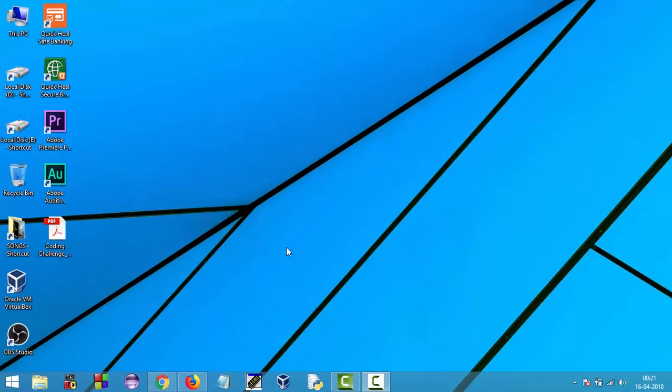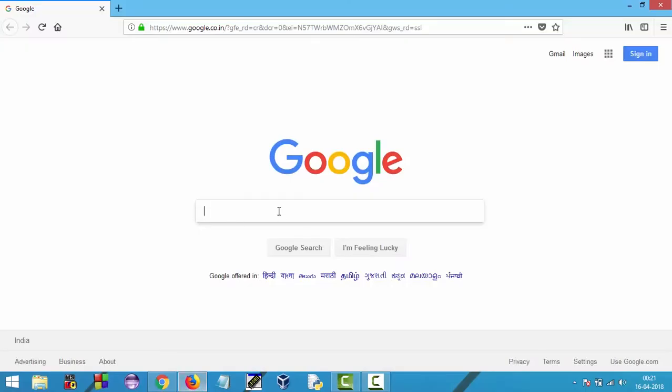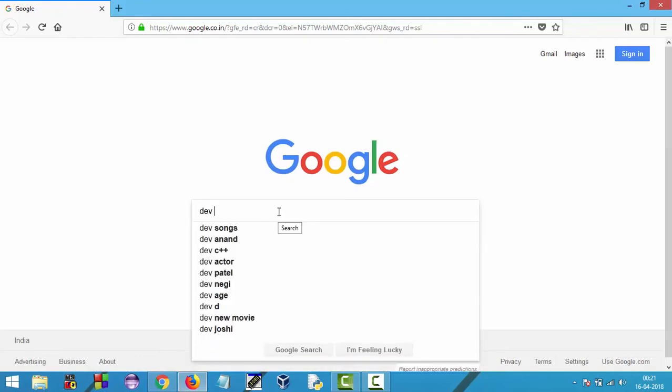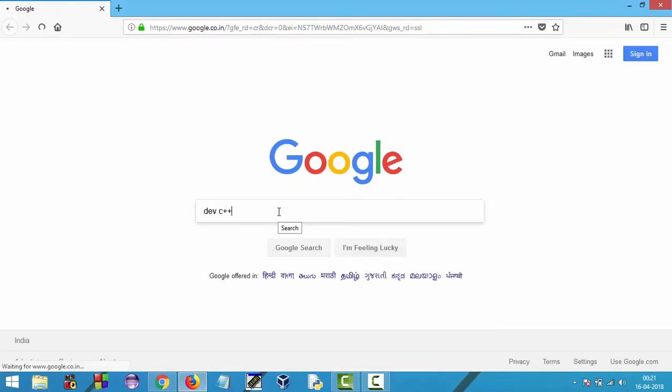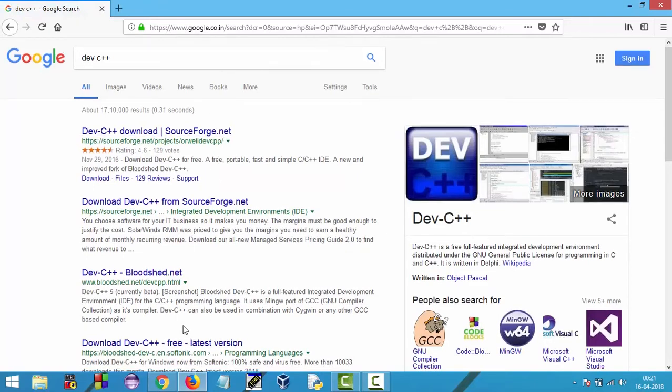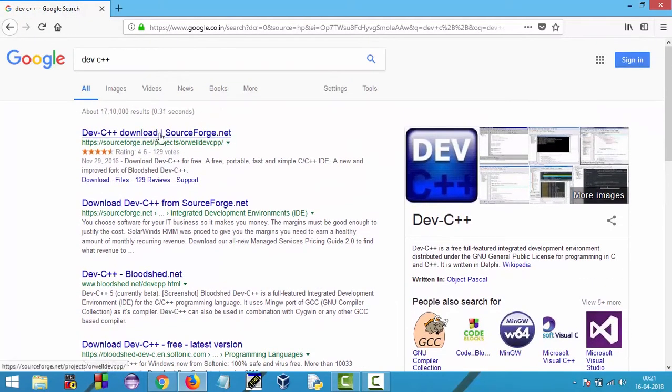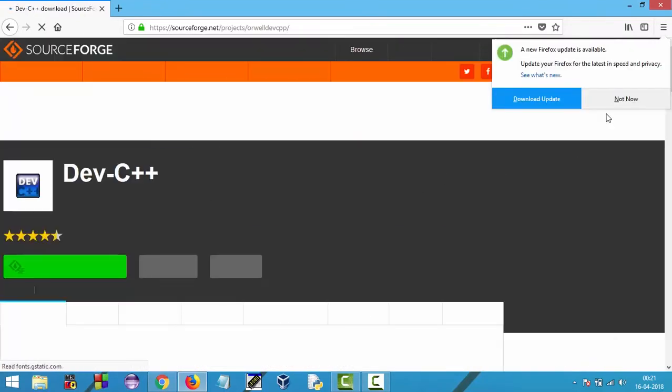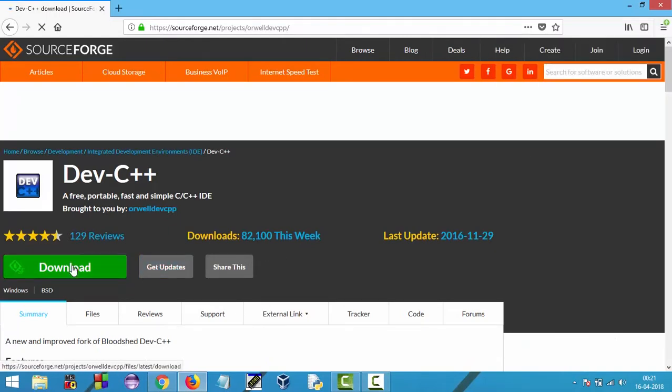To download it, just open your web browser and search for C. Then you can see there's many links to download this. I will click on the first link. You can click on any link as it is a free software, so it will not create any problem. You can download it from anywhere. And here is the option for download. I will click on this,